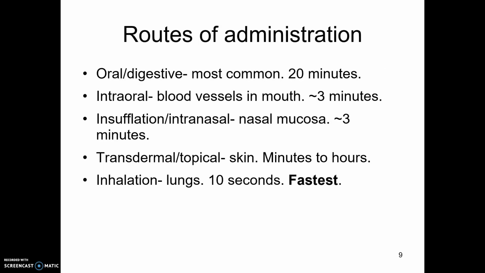So, one of the things that we have to talk about are the routes of administration. Generally speaking, the faster the route of the administration, the faster the drug is going to work, and the more addictive potential it likely has. So, these are some of the different ways that you can take a drug. In general, if you take something by the oral or digestive route, it's going to take about 20 to 30 minutes before it actually has a significant impact on brain function. Generally, if you want to get something into the body quickly, you are not going to be giving them a pill.